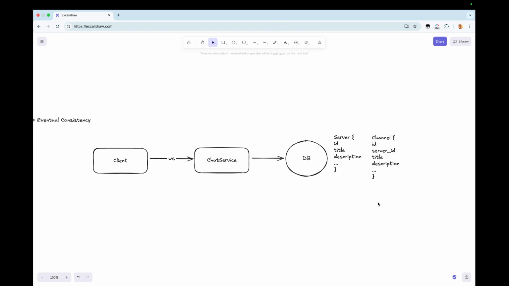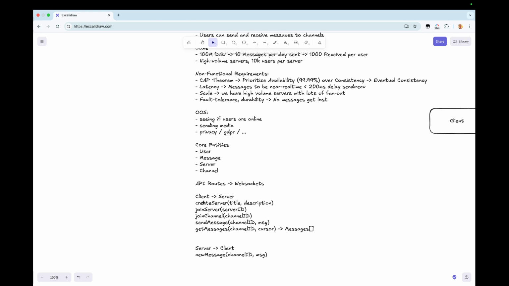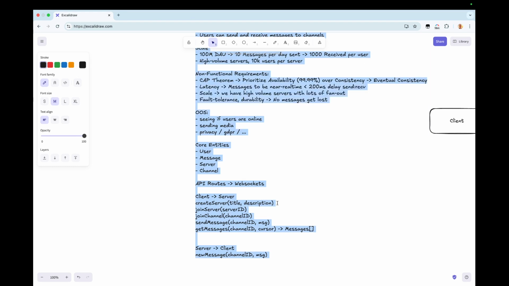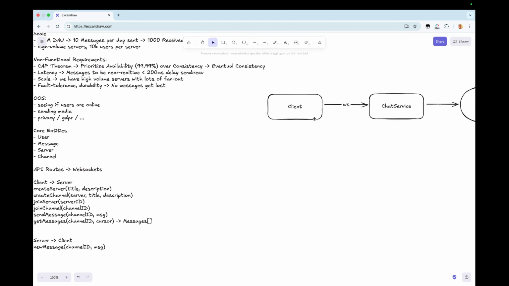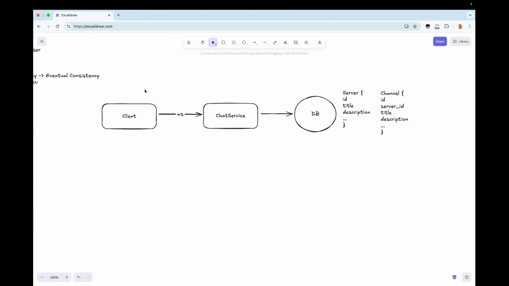We have a server and we have a channel. So these are our database records. The user is going to call create server, and then they'll also probably need an API to create channel: title, server title, description. I forgot that in my APIs, but that's creating a channel. Then the chat service will talk to the database and create the server and the channel.